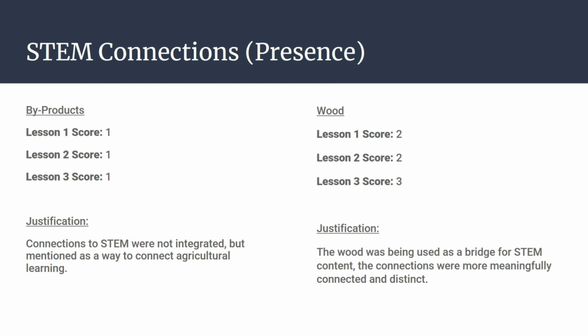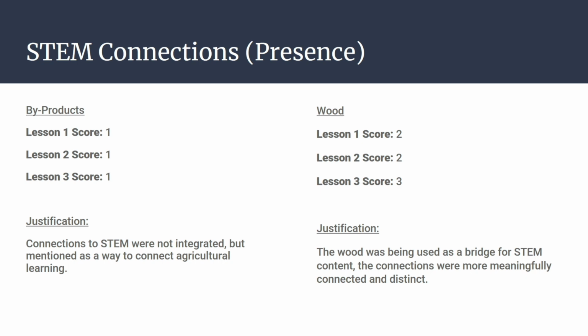We'll go now to the second criterion, known as STEM connections, and this would be looking at the presence of the STEM connections in these lessons. And you'll see that across the byproducts, the expert panel scored these at level 1, exploring. The connections to STEM were not integrated, but all 3 lessons did do a very good job of helping students to explore the agricultural content through the various activities, especially helping them see that the byproducts that they talked about, such as chapstick,